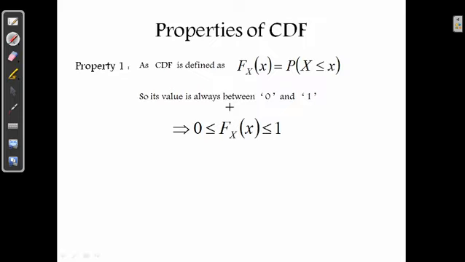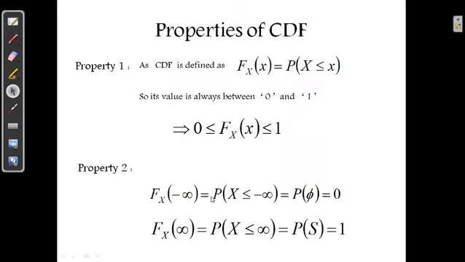Then the second property. Is it visible? Second property. Now if you are trying to find F_X of minus infinity, you are trying to find what, F_X of minus